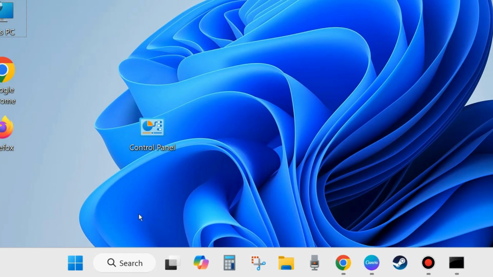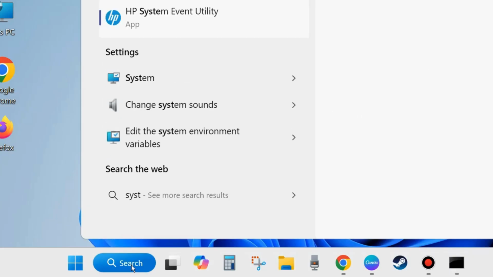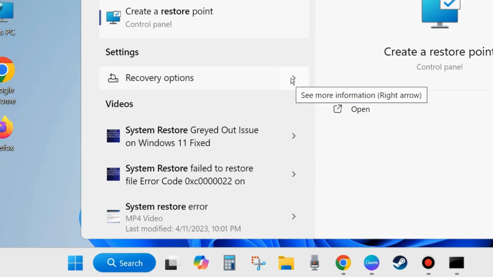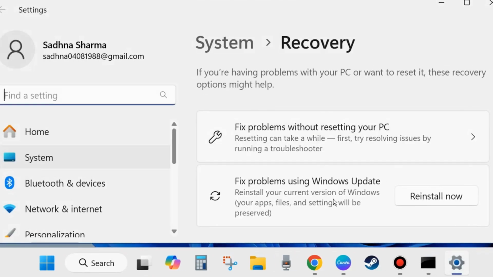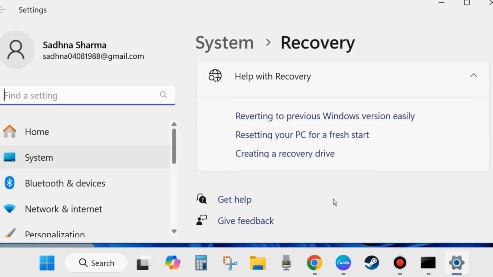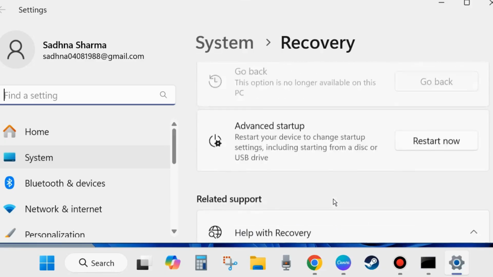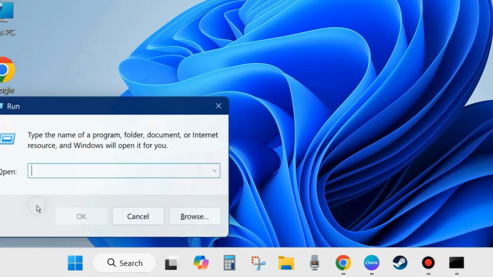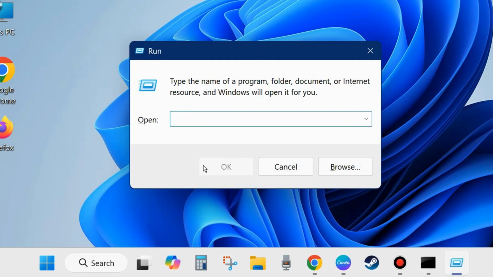If not, go to the next fix. Right click on the start button and choose settings, or you may directly go to Windows search and open create system restore. Type in the search field. If not available here, go to recovery, and under the recovery option, see if you find system restore. If you can't find system restore here, close the settings page, right click on the start button and choose the run dialog box, and here type